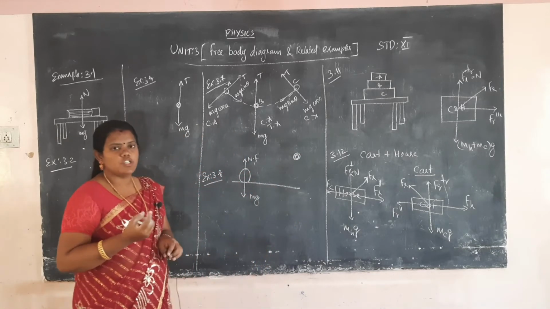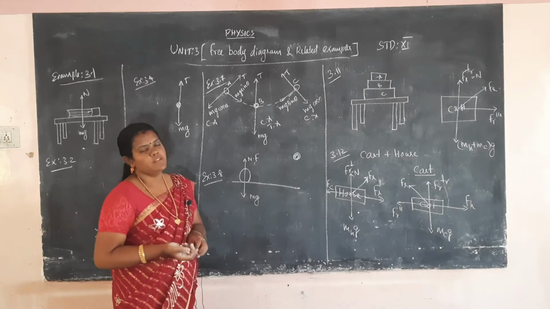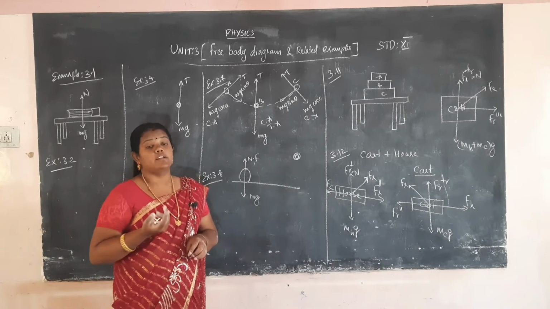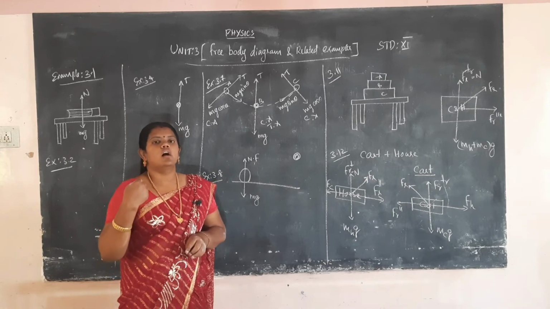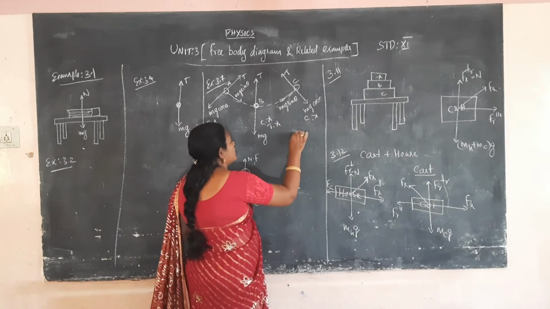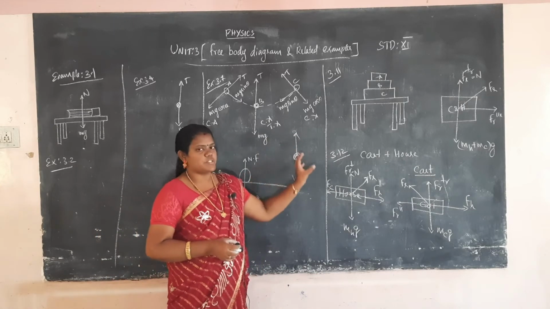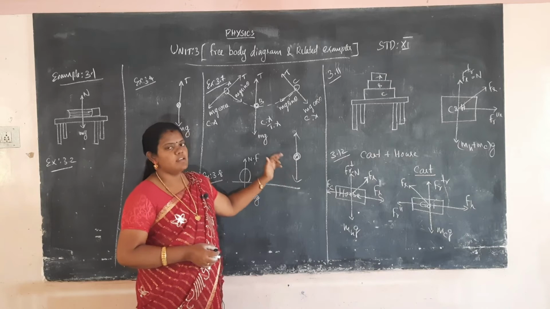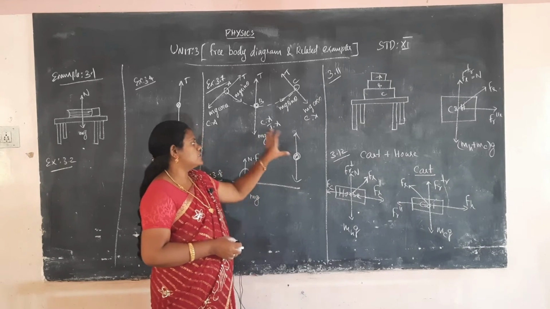And then next you have to check what forces are acting on the body. Whether the forces act downwards or upwards, you have to learn that first. Then you have to mention the vector direction of the forces acting on the body. Vector direction means upward or downward. The arrow direction is mentioned when drawing the free body diagram. So this is the structure of a free body diagram. The downward forces are mentioned on the downside of the point, and upward forces acting on the body are mentioned on the top side of the point mass. This is the free body diagram.